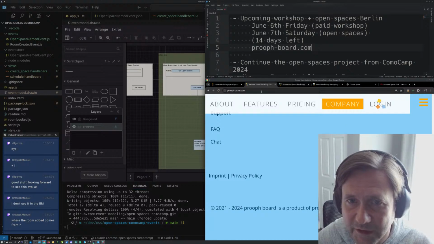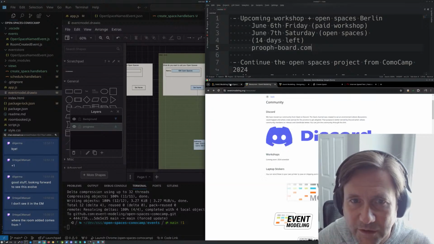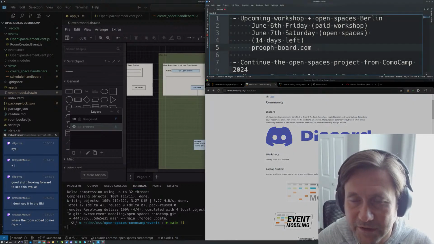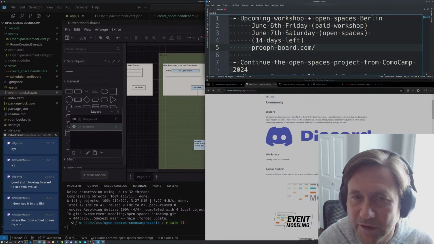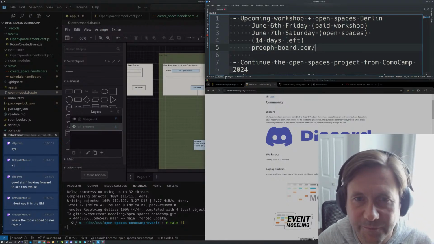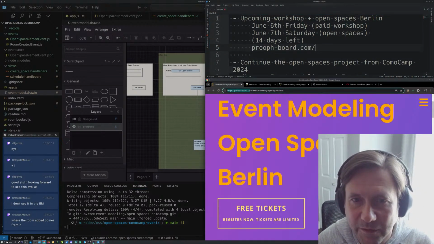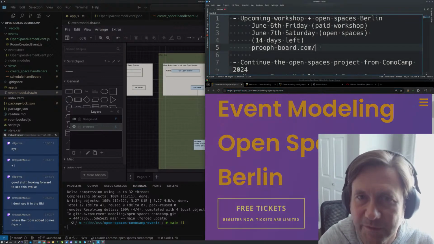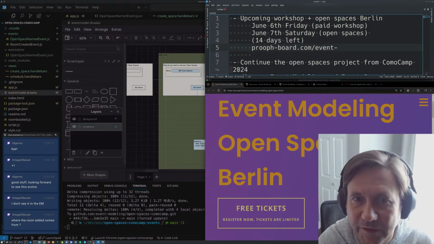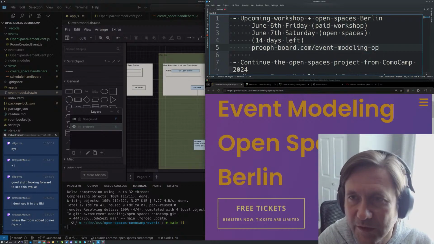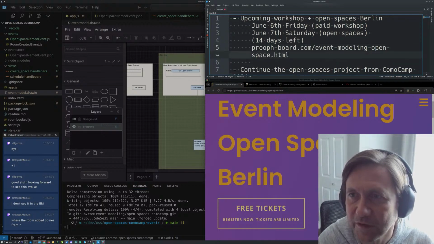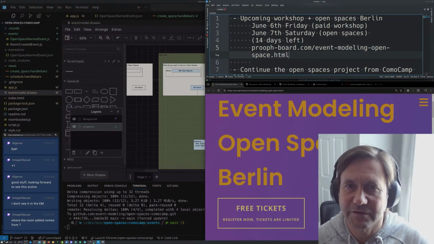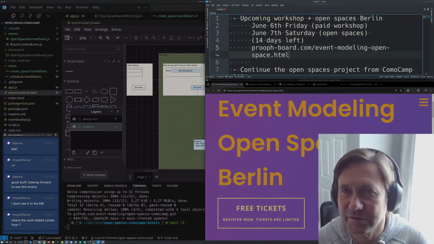So you kind of need to be on the exact URL, which would be here, event modeling openspace.html. Okay, so 14 days left.